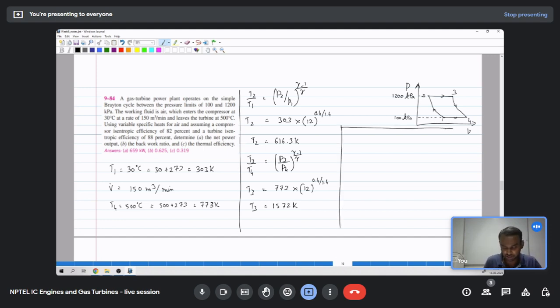Considering the efficiency, we will have a different temperature of the work output. Since we are not asked to find the actual temperature output, I would first find the isentropic compression and turbine work and then calculate the actual work. So WC is H2 minus H1, which is Cp into T2 minus T1. Cp is 1.005 into